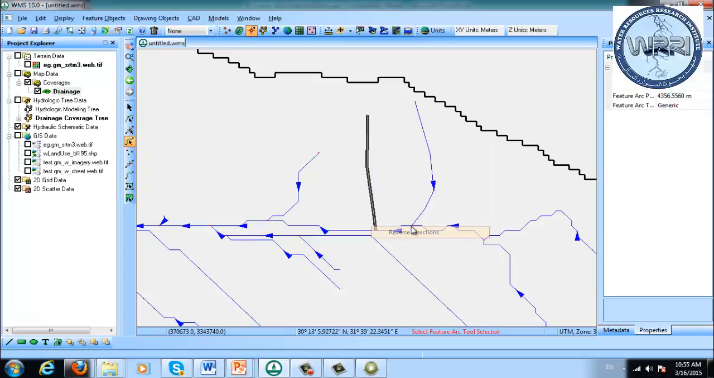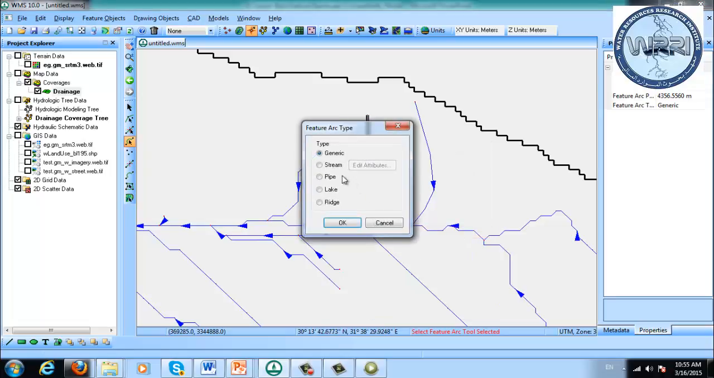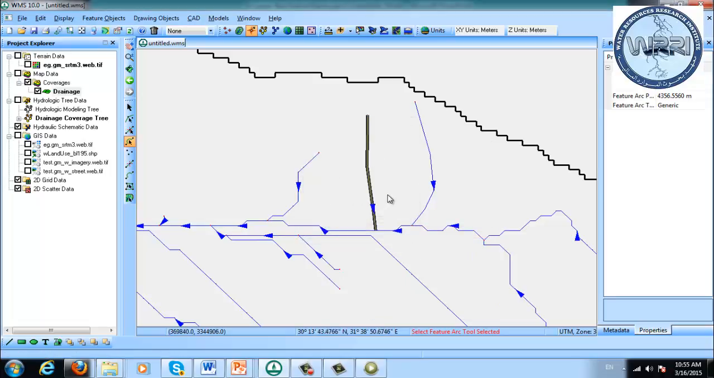I have to do it again because I've done it 3 times. Then I can convert that to a stream and we're okay. Another thing about creating feature objects is